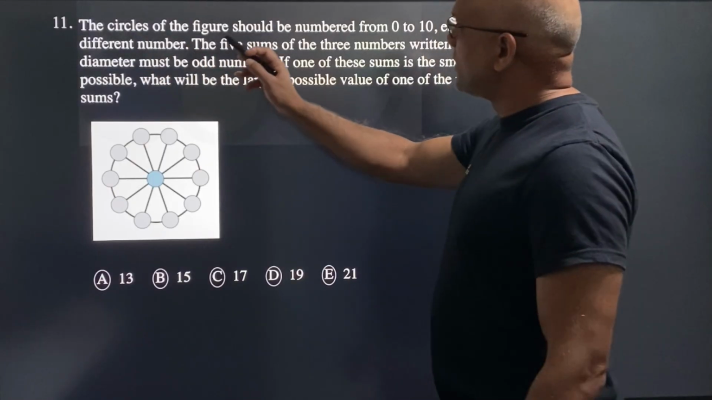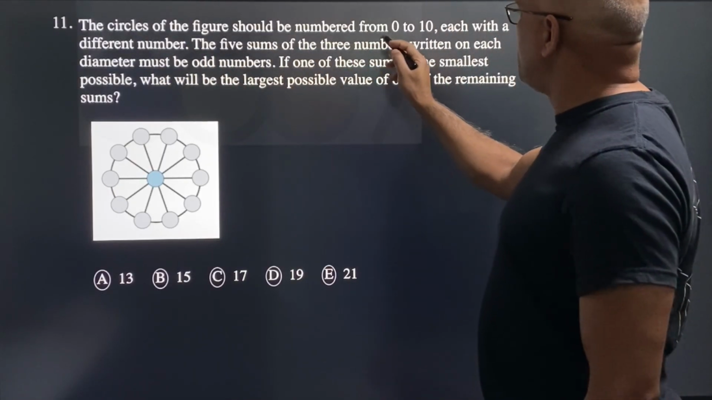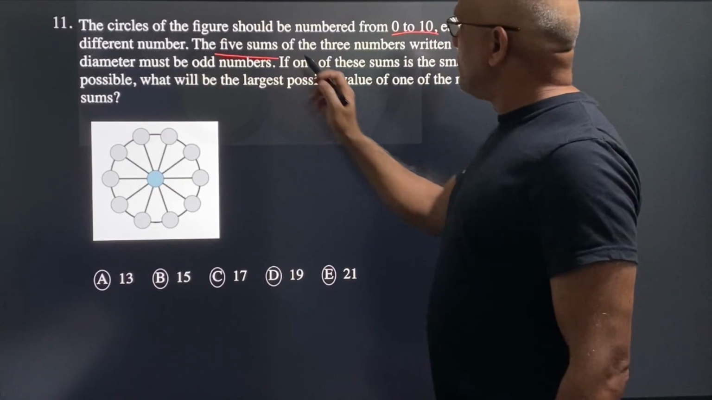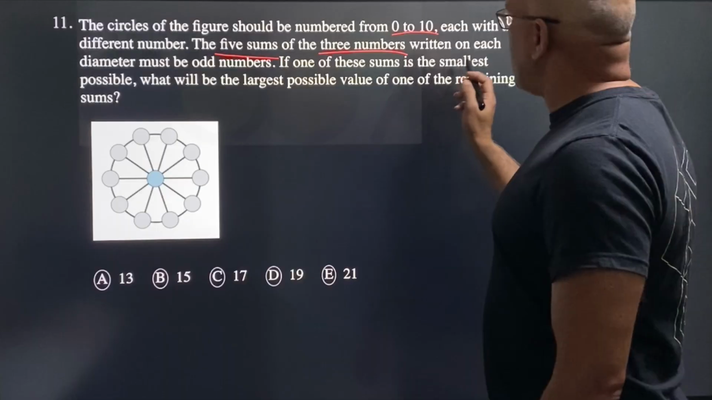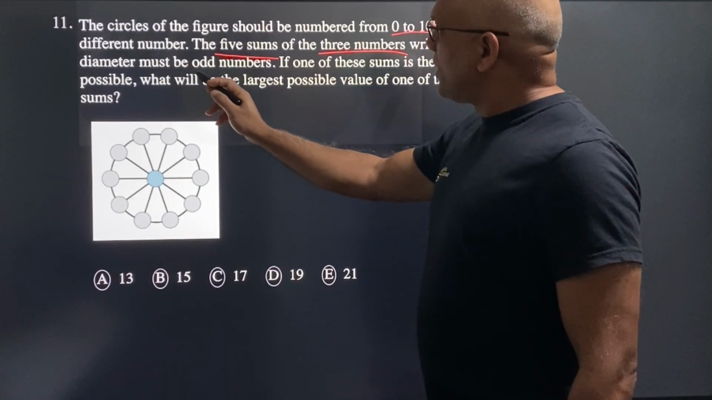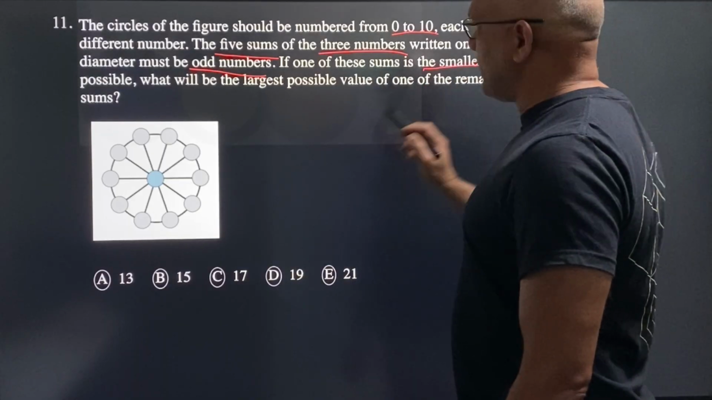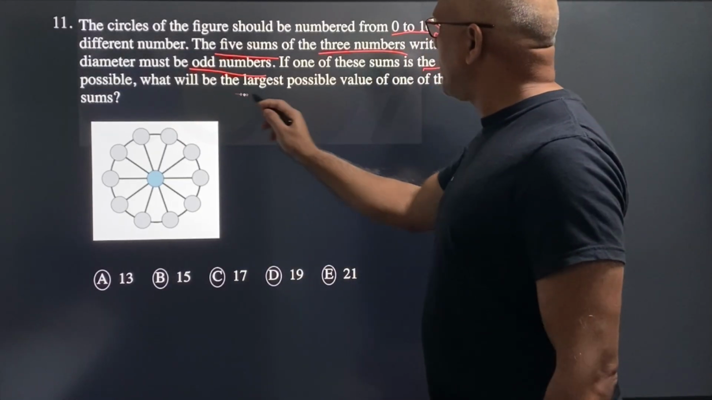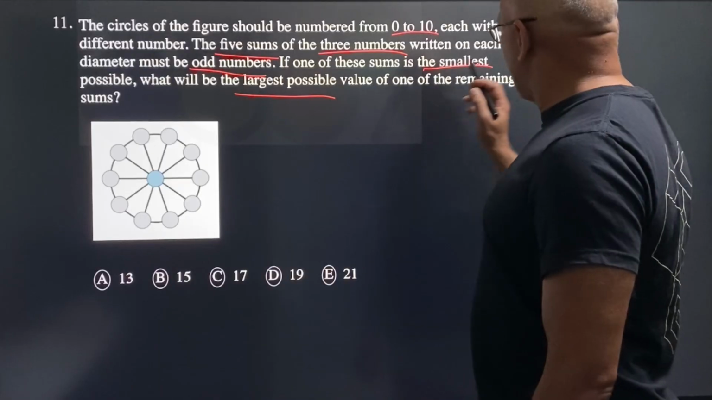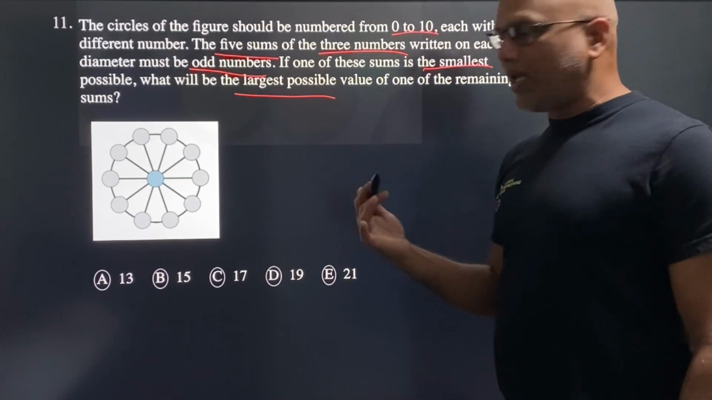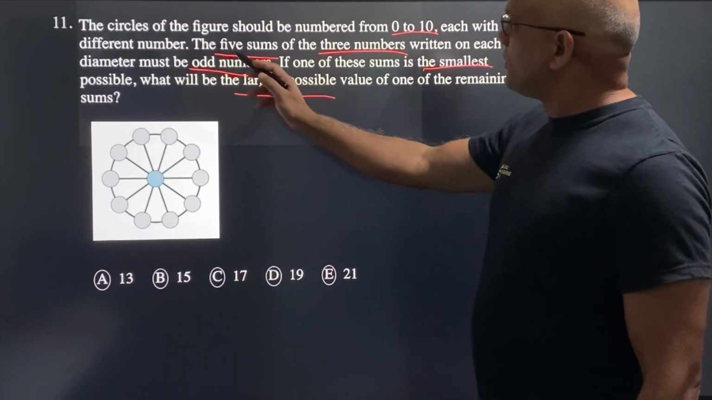The circles of the figure should be numbered from 0 to 10, each with a different number. The 5 sums of the 3 numbers written on each diameter must be odd numbers. If one of the sums is the smallest possible, what will be the largest possible value of the remaining sums? Okay, so we have numbers from 0 to 10, so there are 11 numbers, and the 5 sums,